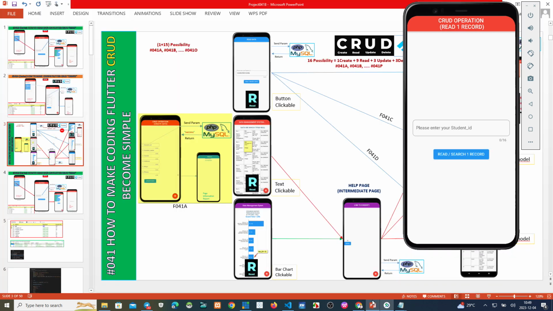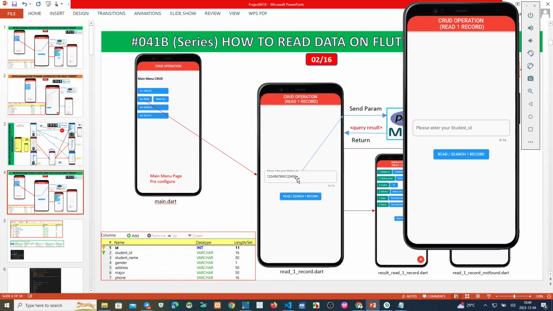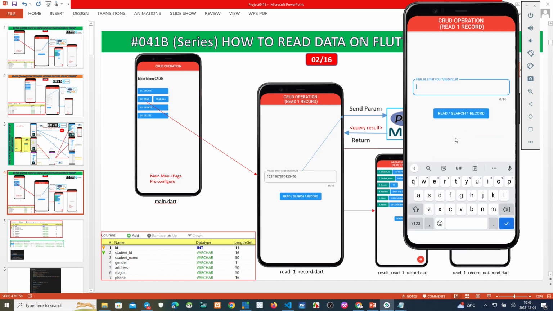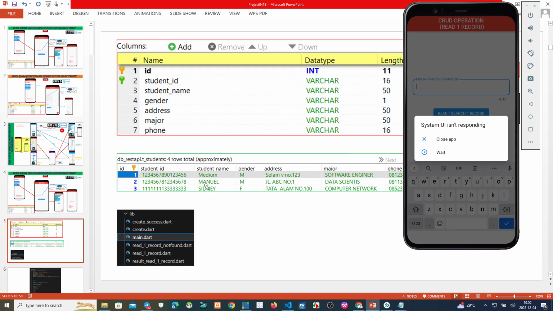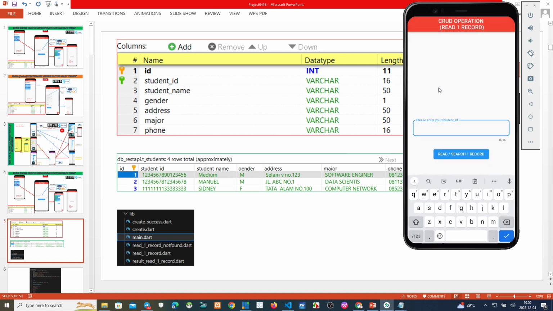Okay, I show this one. Where is the name? A student ID. Okay, we set student ID. We have a student ID like this, a simple database, and then we try to search, to read.